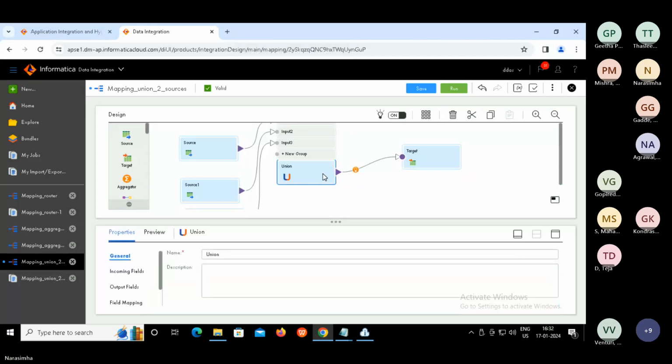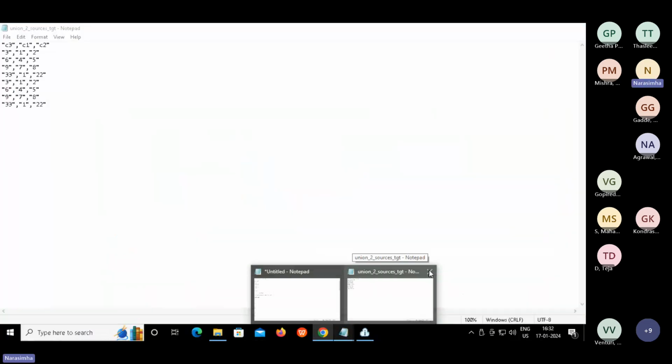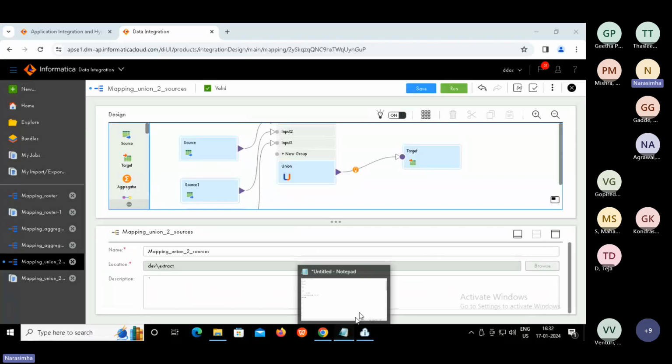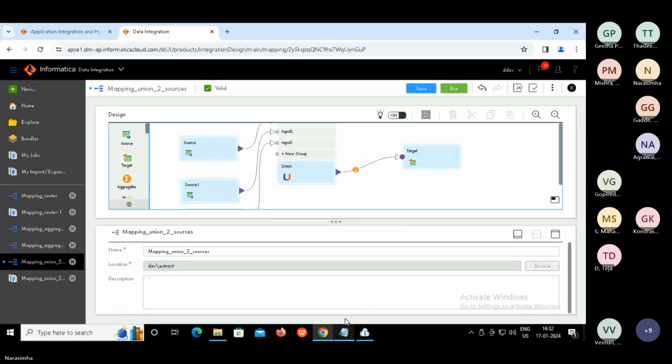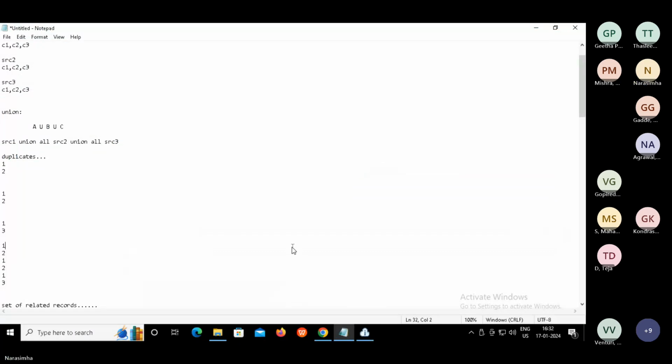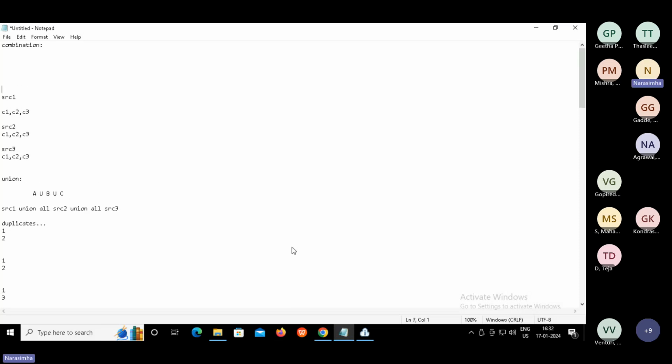Now let us talk about another way of combining the data. What we did so far is unconditional combination, which means no condition. We just combined data from Source 1, Source 2, Source 3 and so on.